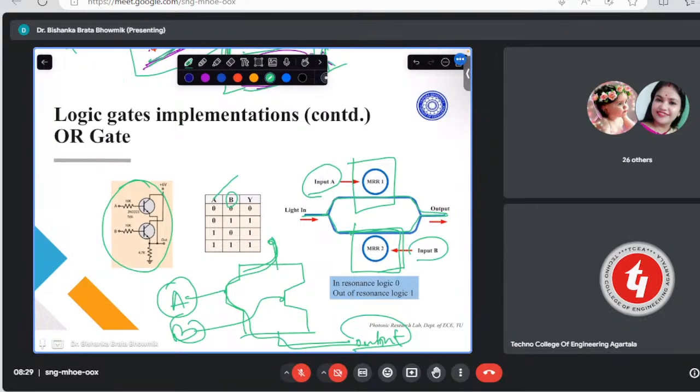In this case, if you want to do it from the photonic domain, same goes here. The light is coming from here, so half of the light will go up in the upper arm, half of the light will be in the lower arm. Now, based on the resonance, when the ring is in resonance or out of resonance, so if the ring is in resonance, it will be logic 0. That means all light will just be sucked up in the ring. So there will be no light here. But if